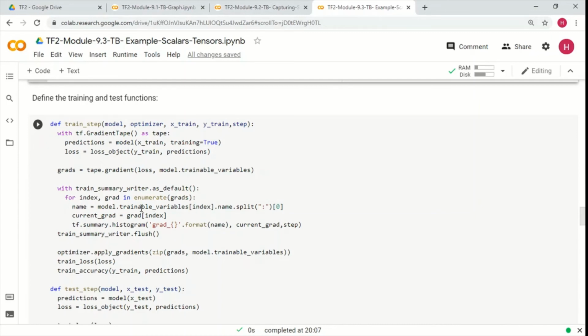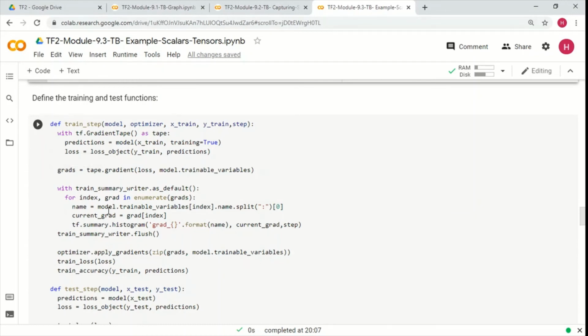There's a little bit of logic involved here in splitting the index and the name, and that's what we do here. We use the tf.summary.histogram API, and we give it a name like grad underscore the index, or rather the name, because we are getting the name from the model.trainable_variables name, since the name is not available in the grads here.